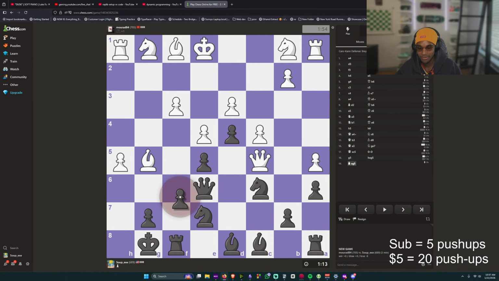I don't know what's happening. I'm getting cooked by the pawn mover. Is he smurfing? There's no way he actually plays like this. I don't even know what to do, man.